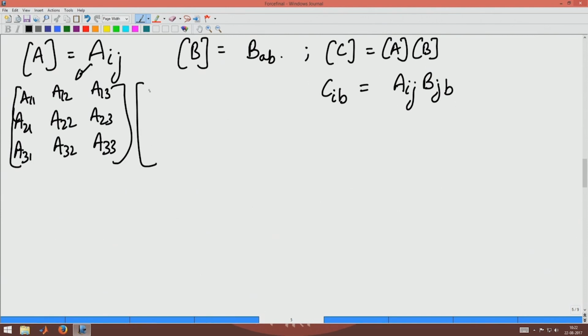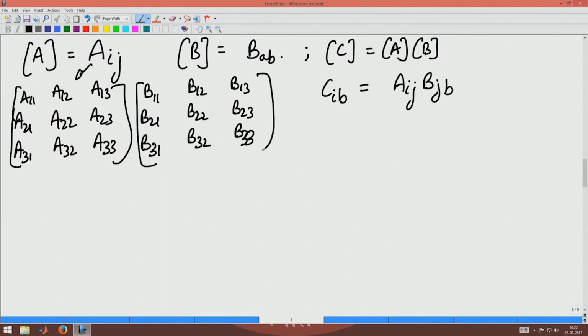Similarly, B would be B11, B12, B13, B21, B22, B23, B31, B32, B33. Now, this is going to be equal to C11, C12, C13, C21, C22, C23, C31, C32, C33,